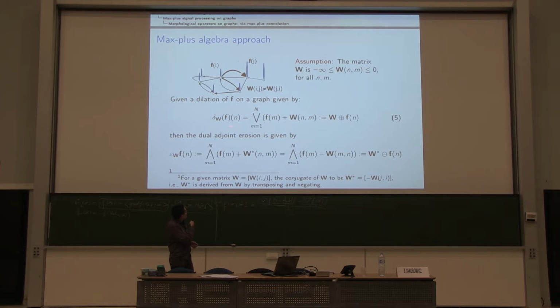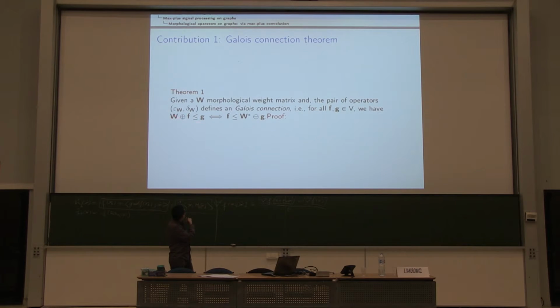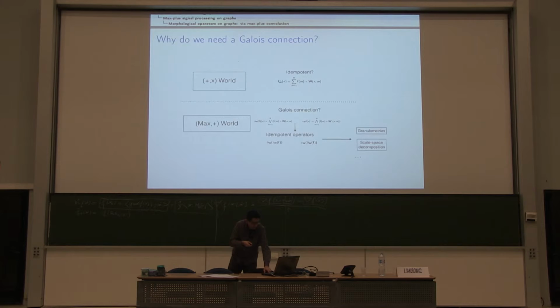We have to define this max plus operator. That is the classical one. The second one, if we have this relationship, we have a Galois connection. That means in the left side we have the dilation, so G is greater than the dilation, and in the right side we have F, or the erosion, is greater than F. So that is a simple characterization to have everything in max plus convolution. I don't want to show you the proof, but basically we have this Galois connection, and we have idempotent operators, and many of the properties on